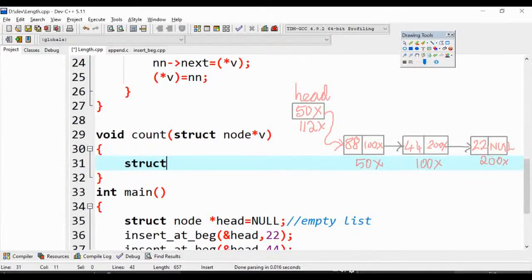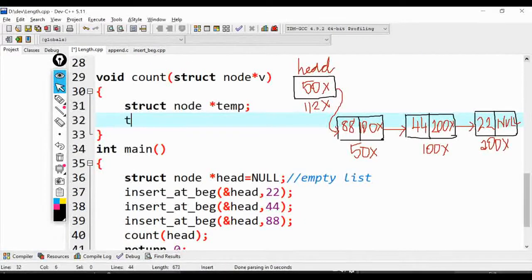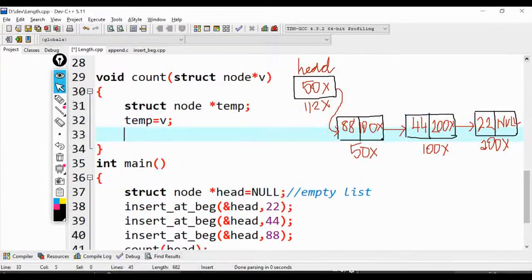So to assist me in sequential access, I require a pointer variable. I name it as temp. We'll assign temp with the content of head. So here the content of head is received in a variable called v. So we are supposed to count, isn't it? So I'll declare an integer variable called count and assign the value 0 to keep track of the count.